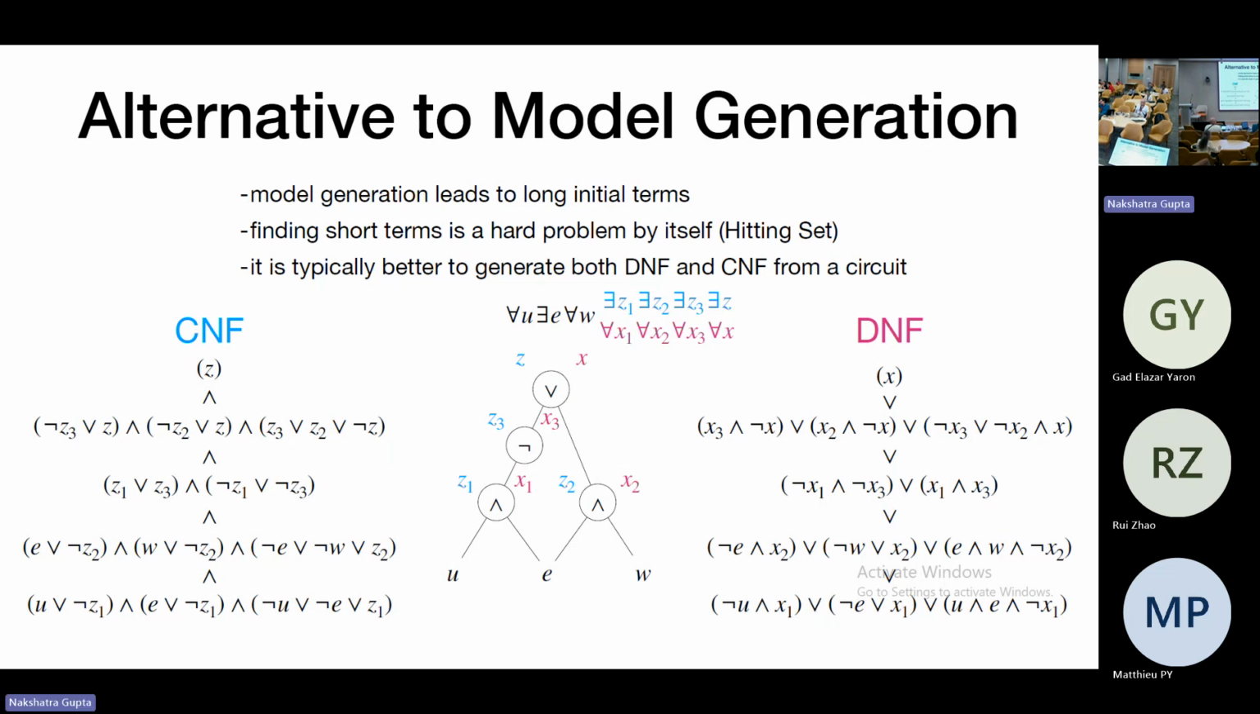It can give you a speed up in theory. In practice, if you have a CNF, model generation might be a better choice if you want to run CBCL. It's better to start from a circuit. In general, I think it's better to start from a circuit, and that's something that I think has been haunting the community for ages,